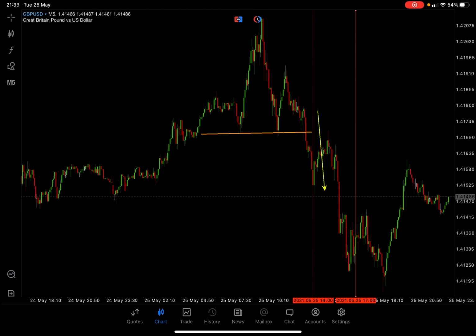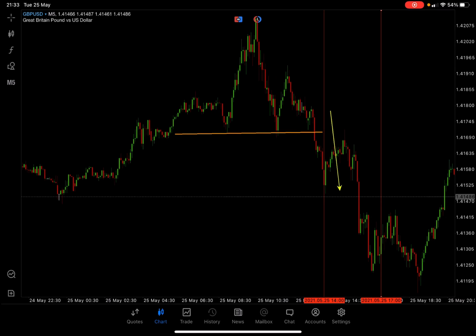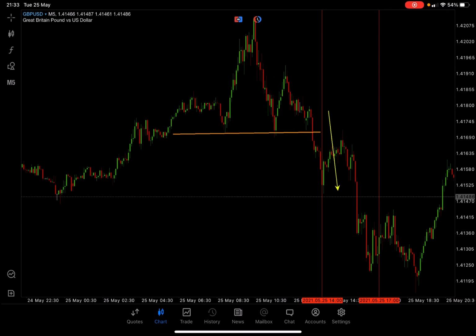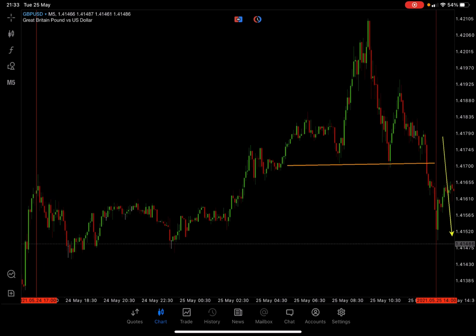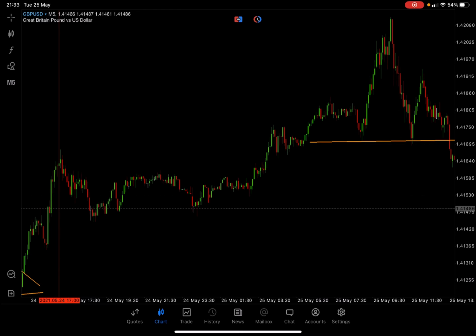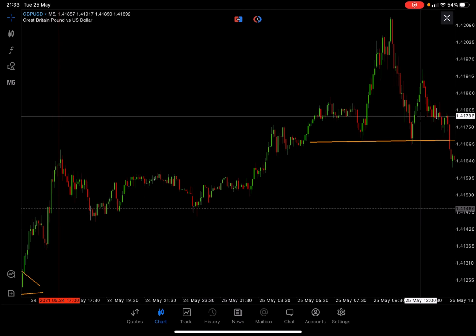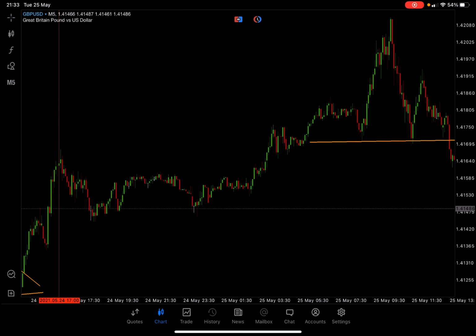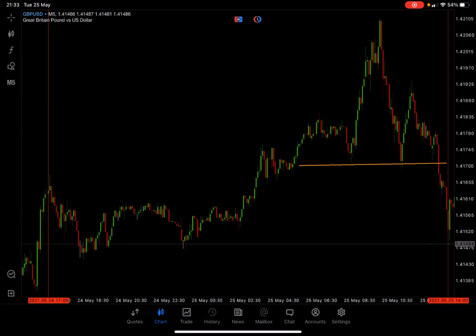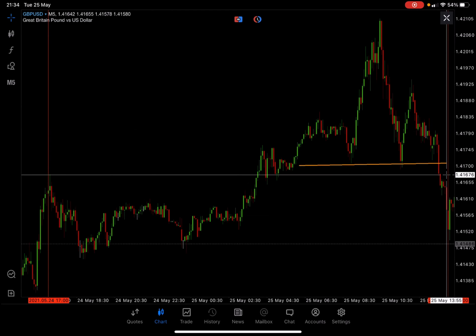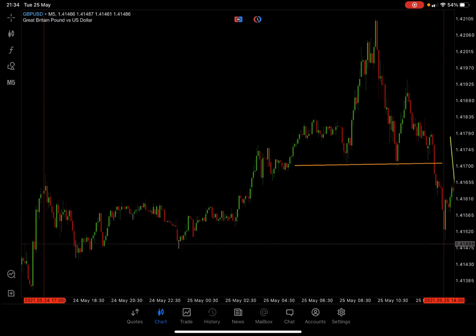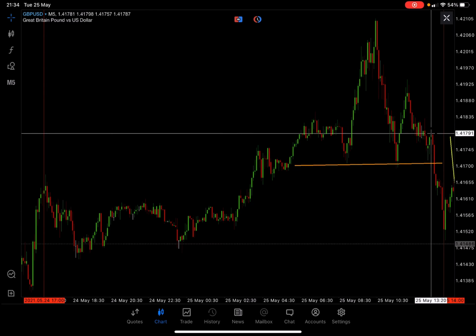GBP USD, same old thing, 5 minute time frame. See, once you get the hang of this, you'll recognise what you're doing. So it would have been back here, and you'd have seen that support going along there. When it comes up, support going along there, nice head and shoulders pattern, and we had a break downwards before the actual time zone opened. So you'd have been looking for a bearish move, and I'd have been looking for a retracement